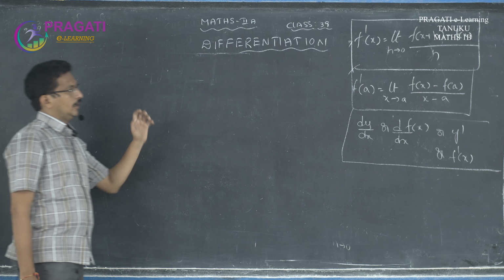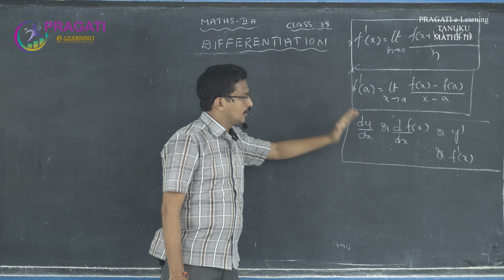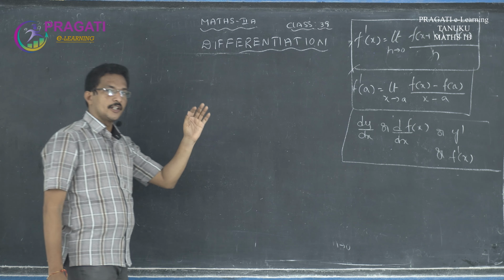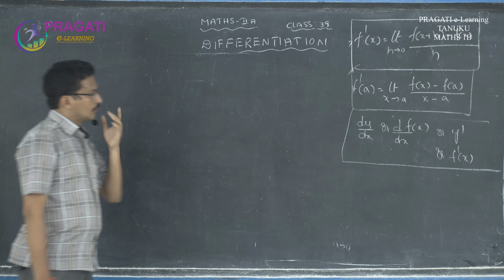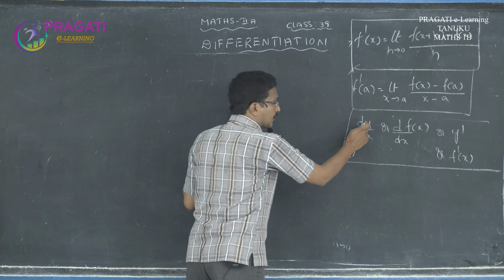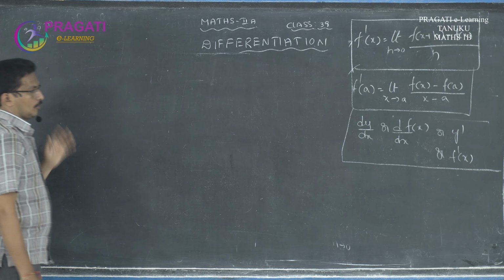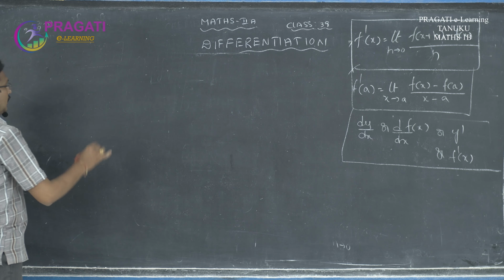Okay students, here it is the general derivative, it is the derivative at x is equal to a. These are the notations. A function in terms of x is denoted by either f of x or y. So y is equal to f of x. It is read as dy by dx or d by dx of y. We use these notations to solve some problems, and then we use the formulas also.